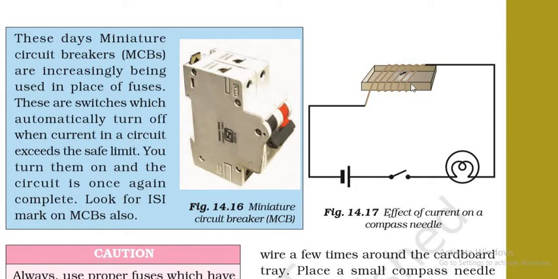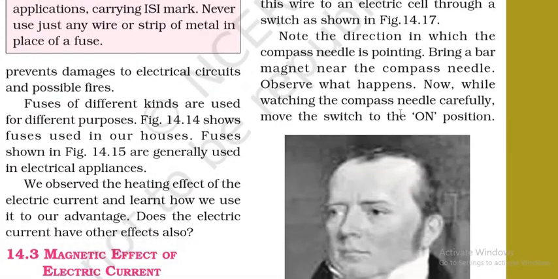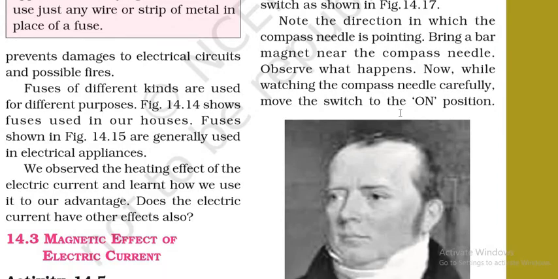So you put a magnet near it, and now what will happen is that this compass needle will show some kind of deflection. It will actually move from its position, right? Now what you have to do is place this compass needle in an electric circuit. And when you switch on the circuit and the current passes through it, you will observe again a deflection. Since a deflection was observed when we placed a magnet near it, and since a deflection was observed when the current was passed through this wire, likewise we can say, when the current is passed through an electric wire, it tends to behave like a magnet.